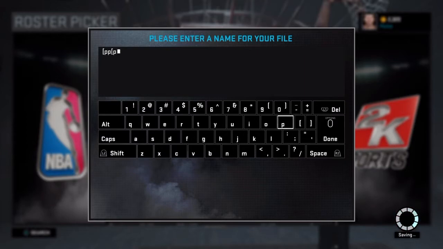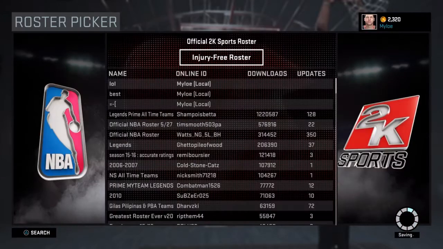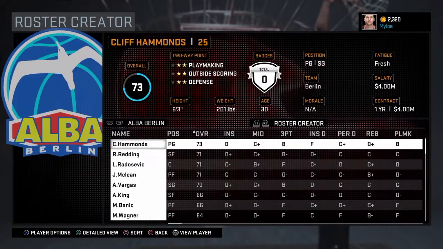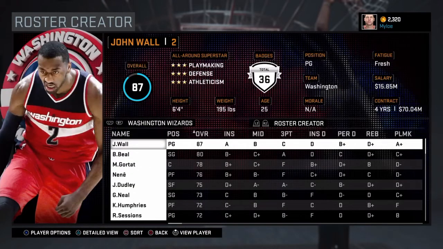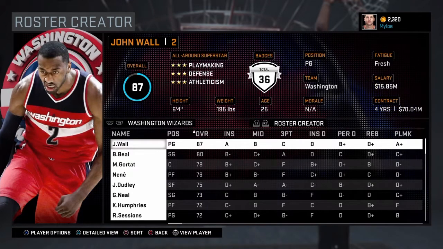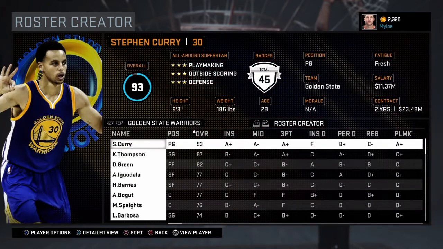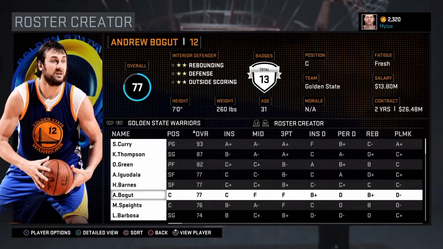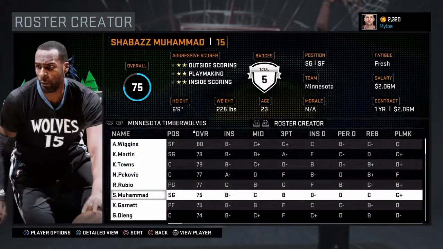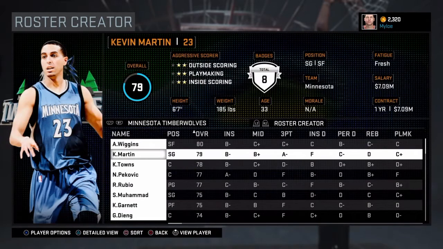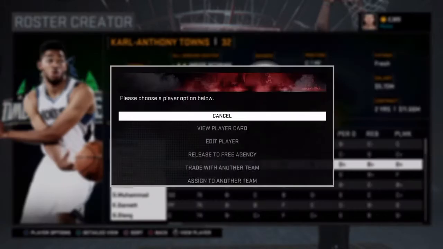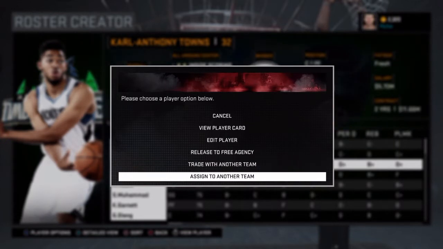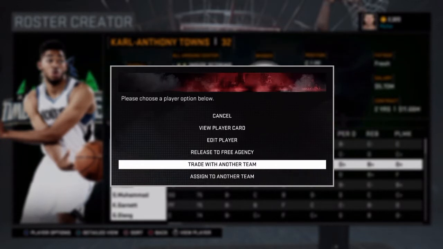I'll just name it random things. Okay, so it comes up with every team, even teams that aren't even in the US. And what you want to do now is, let's say I wanted the Timberwolves and I wanted Towns onto my team. You want to go down to either assign to another team or trade with another team,